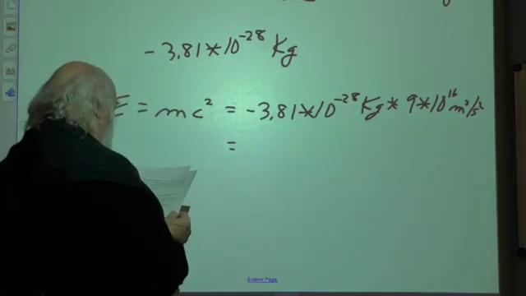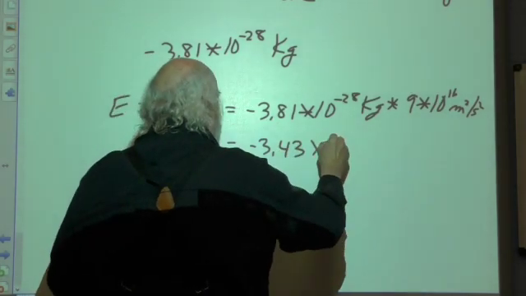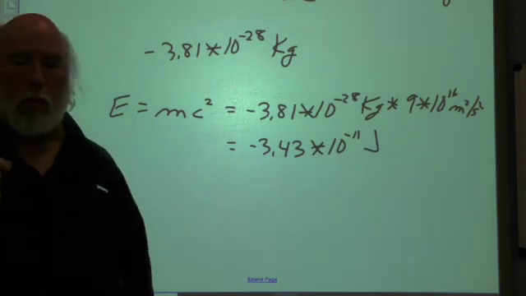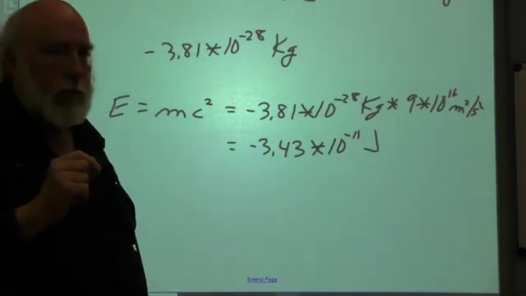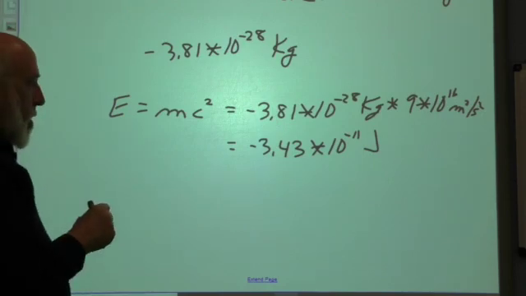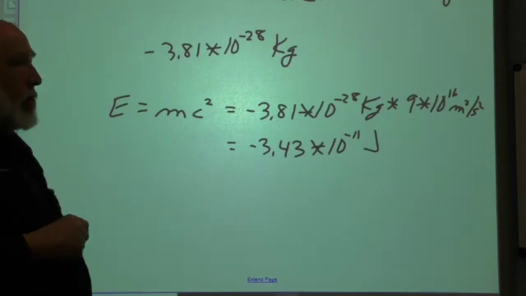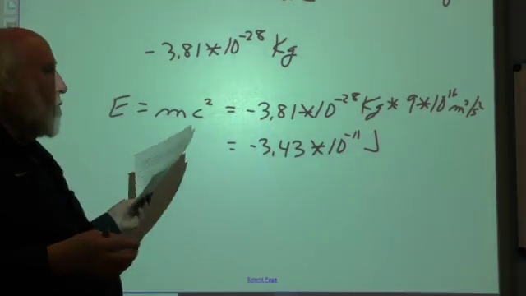And we get a value of negative 3.43 times 10 to the negative 11th joules. Now this is an incredibly small quantity of energy only because we're dealing with 1 atom of mass. So when we get to energy this low, joules kind of